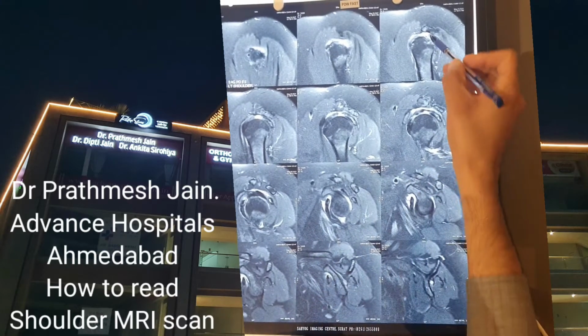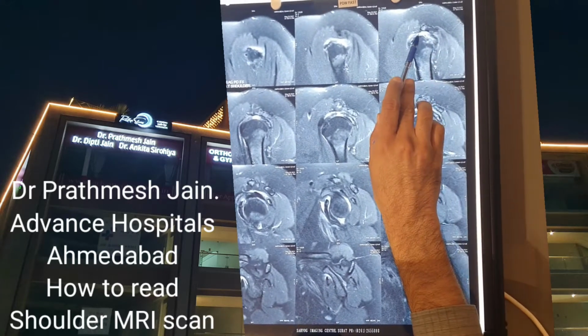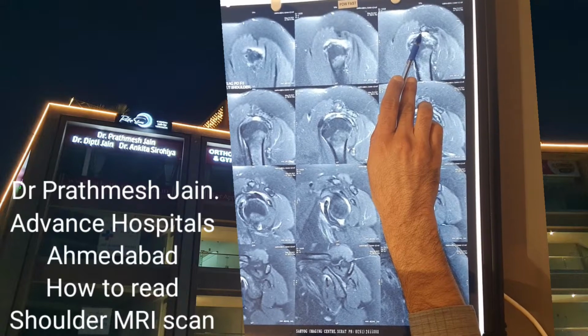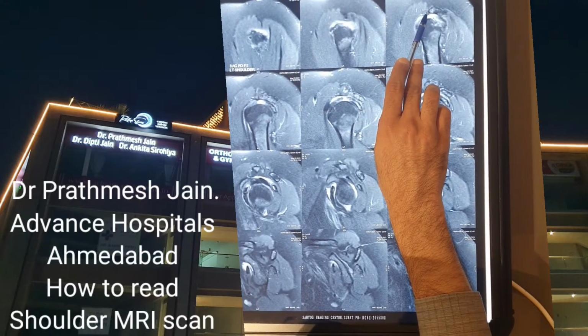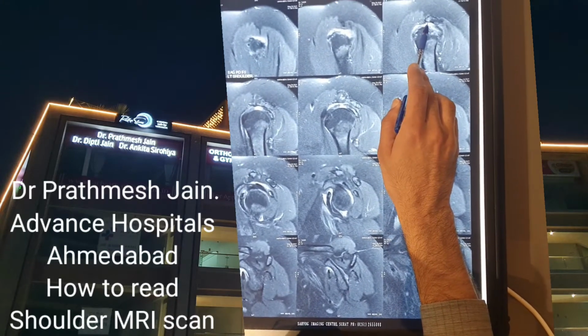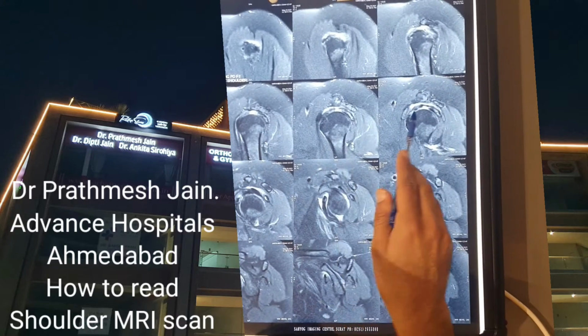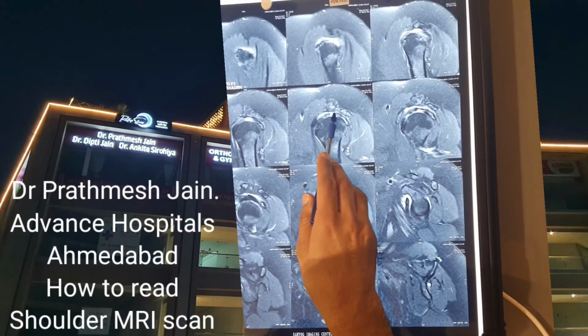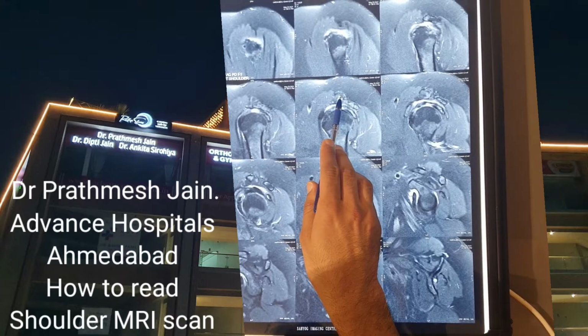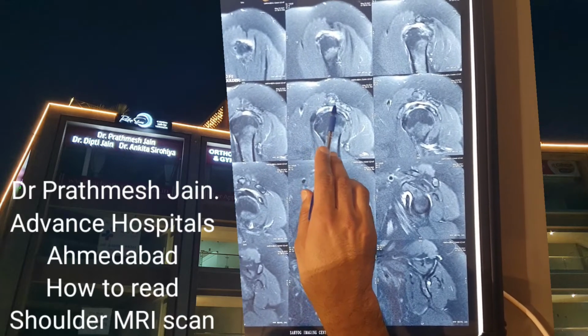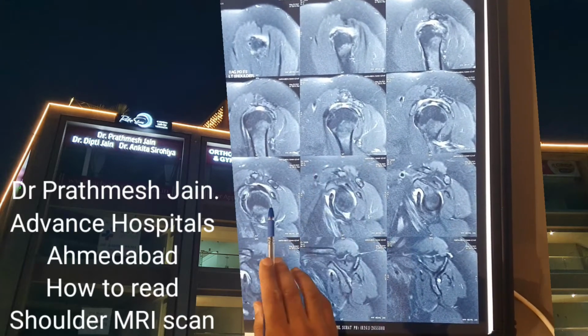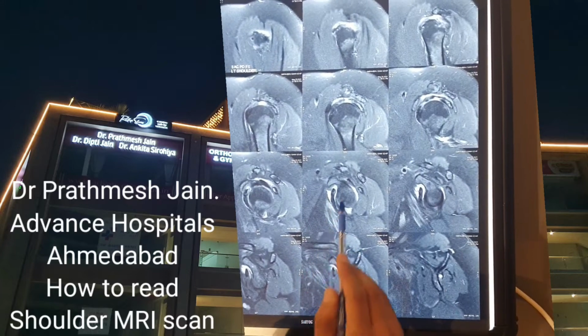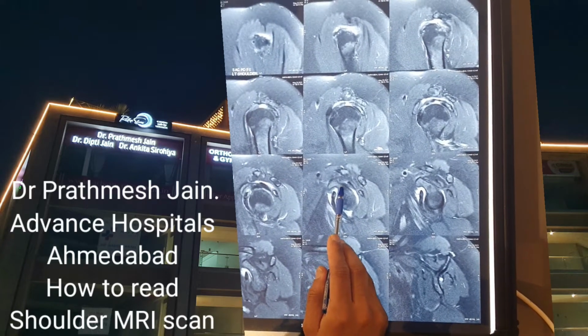Also, you must appreciate that this structure here is the anterior most edge of the acromion, which is leading to impingement. So there is a little bit of reduced space also. Then when we go laterally, you can see the space in the acromioclavicular joint here, so the acromioclavicular joint is also involved. You can see the glenoid here, a pear-shaped structure. This is the coracoid, which is connecting with the glenoid.